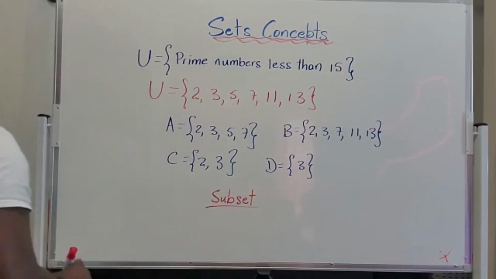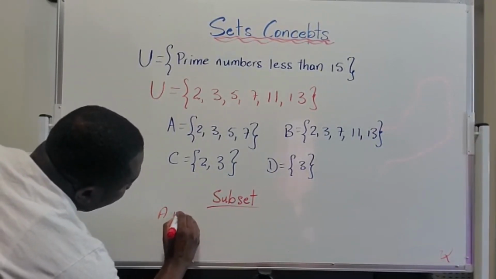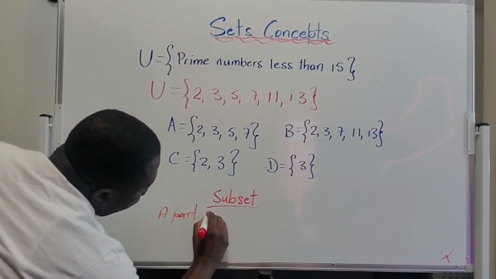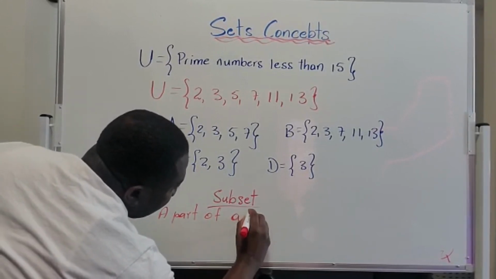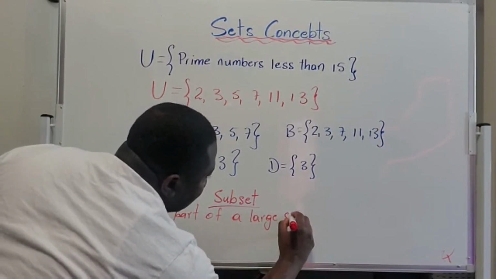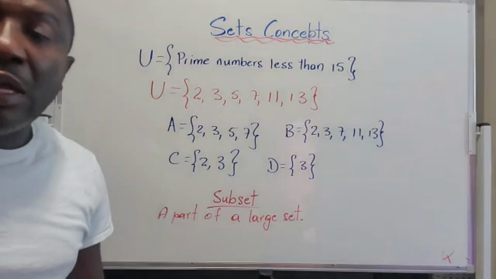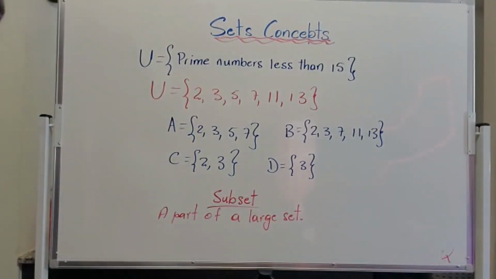In other words, we are saying that a subset is a part of a larger set. Some person may say a subset is a part of the universal set. Now,